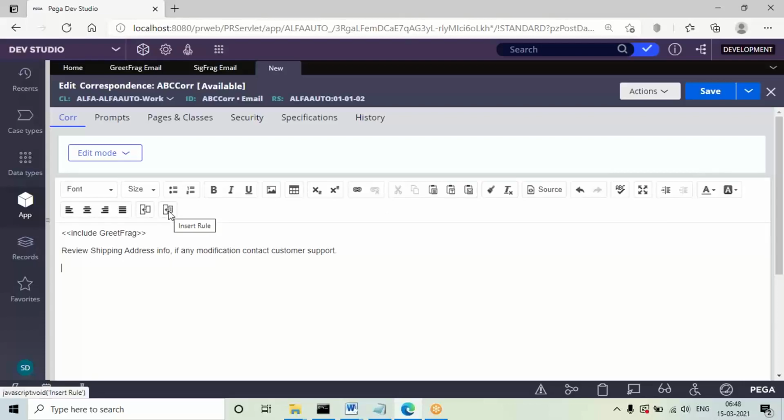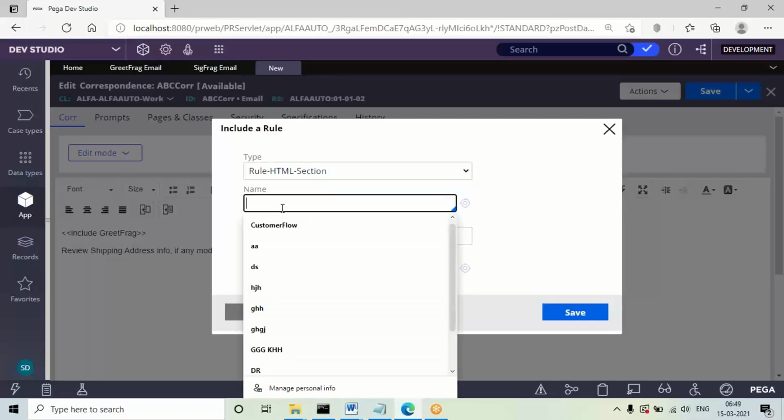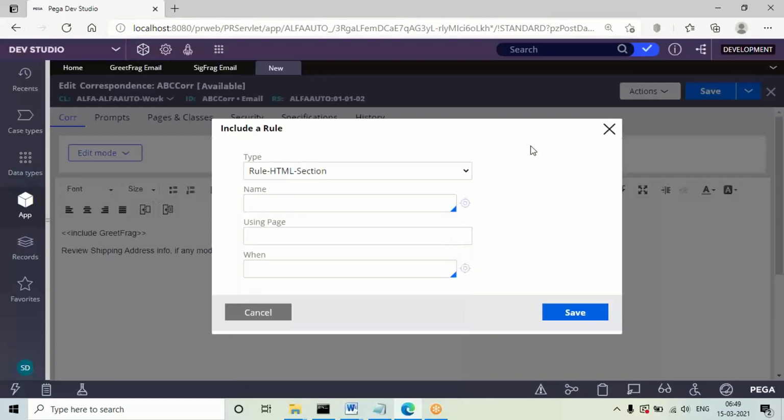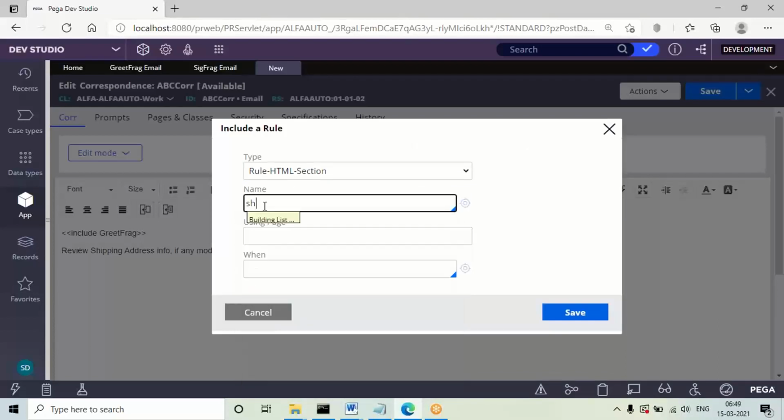So click on insert rule again. In real time, they can set the individual fields of the section as read only, but in the present version it's not required. So use the shipping section and include the page, pyWorkPage, which is under the work layer, and the work layer reference page is pyWorkPage.